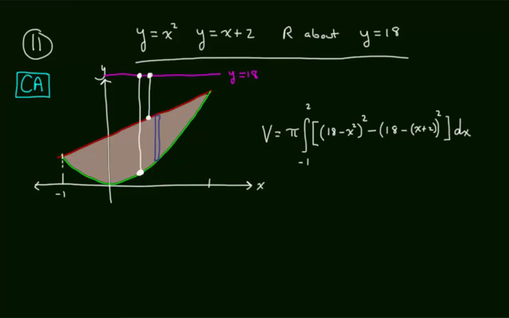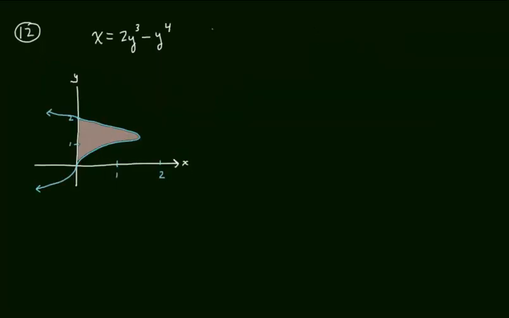After computing this on the calculator, you should get 738 pi over 5, or if you press diamond enter to get the decimal, 463.699. In example 12, we have this quartic bounded in the first quadrant, and we're going to take this shaded